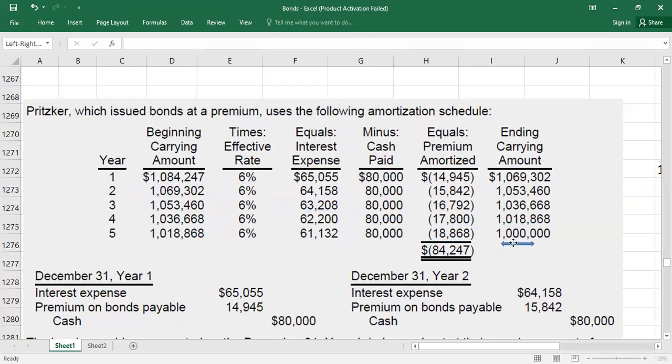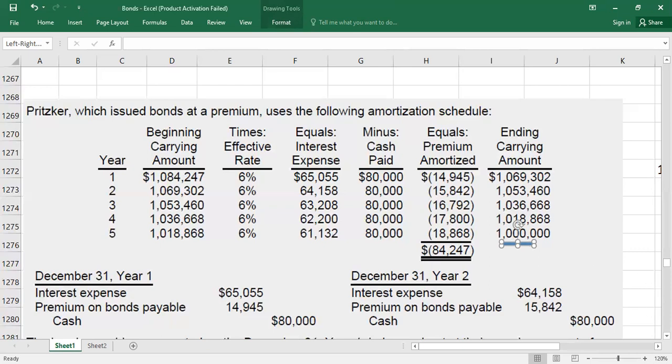And see, at the end of the 5 years, your bonds will stand at 1 million on the balance sheet, which is equal to the face value, and this is the value which you will return to the investors at the maturity date. Now let's first have a look at what entries you will pass, and then I will apply the format with which we started this video.